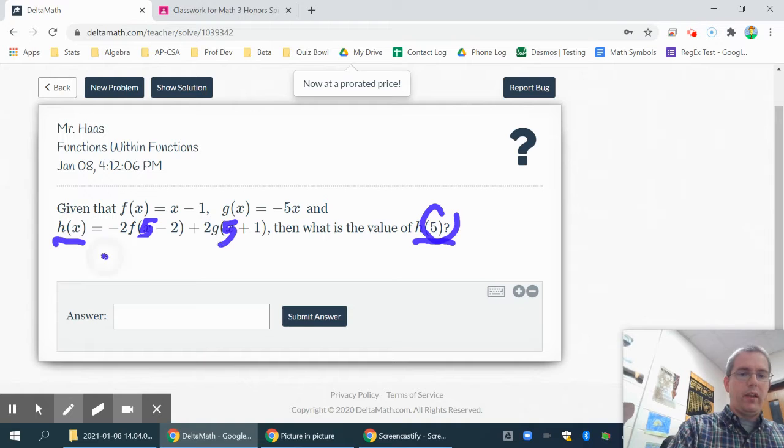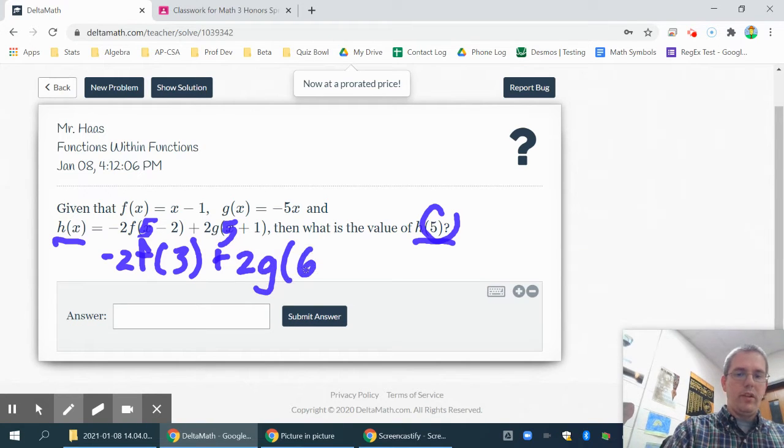And that becomes a negative 2 f of 3 plus 2 g of 6. So negative 2 f of 3 plus 2 g of 6, like that. Now what I need to do is solve some things. So if I have f of 3 there,